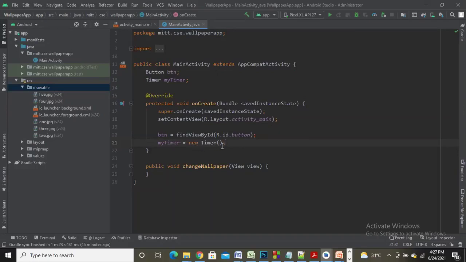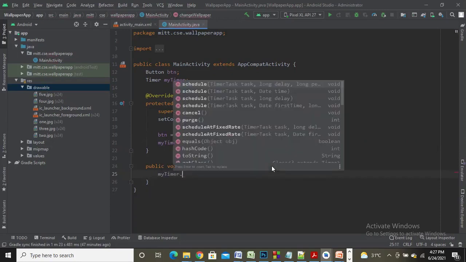Within this Timer class, I have a method schedule which I'll be using in the changeWallpaper method. So whenever the button has been clicked, the changeWallpaper event is going to get activated and run. So within this method, I'm going to make use of schedule that is present in Timer. So I'll write my timer dot schedule.